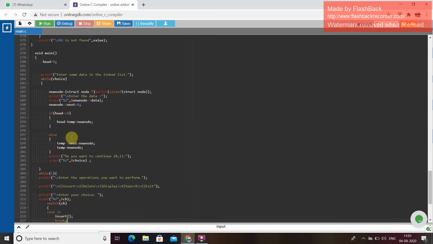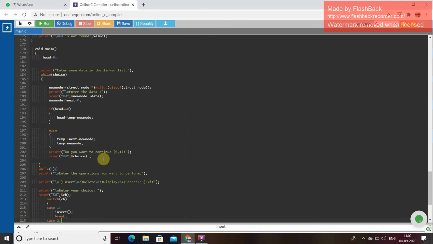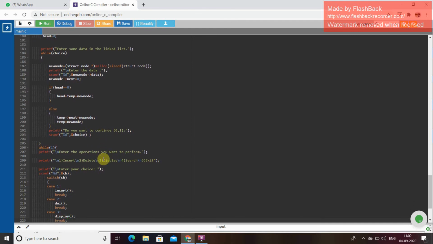If head == 0, head = temp = new node, else temp->next = new node, temp = new node. Then we have to print "do you want to continue 0, 1", scan %d, and we have to choose the choice.